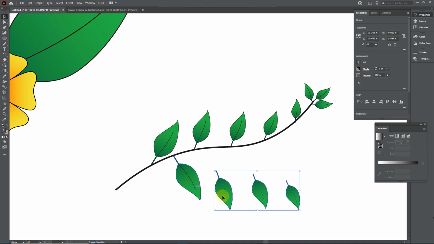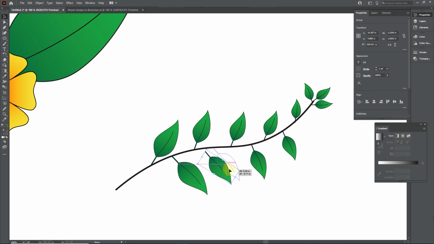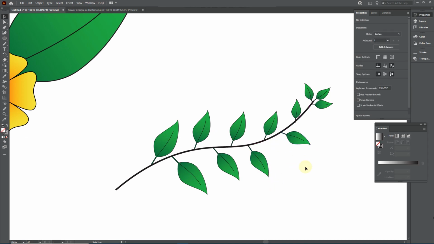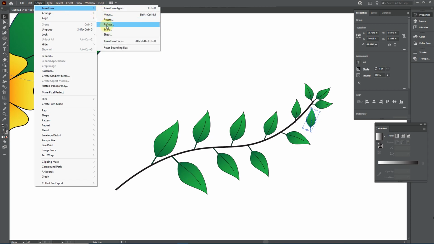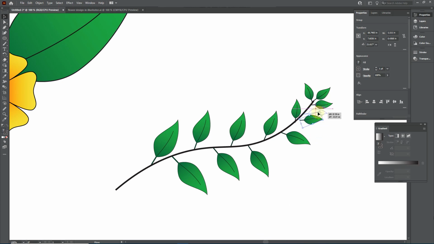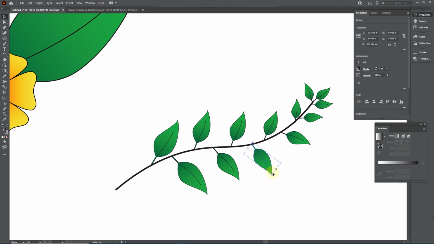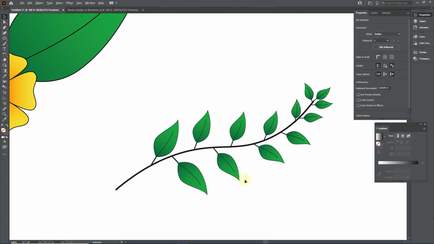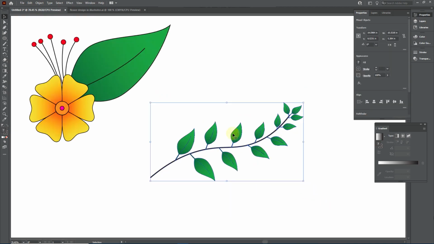Now place these leaves like this. Select all and group it.